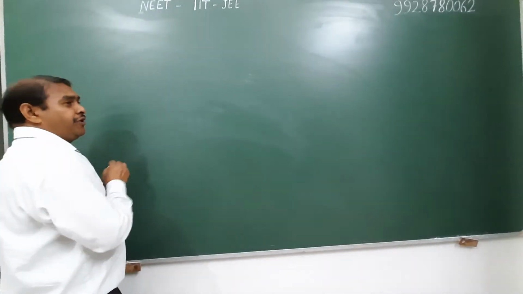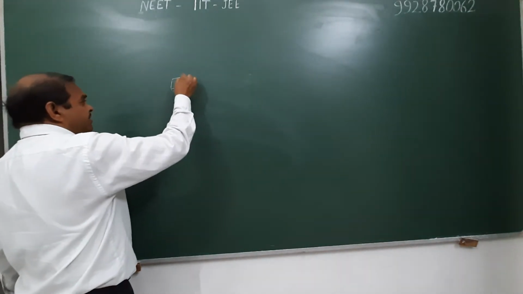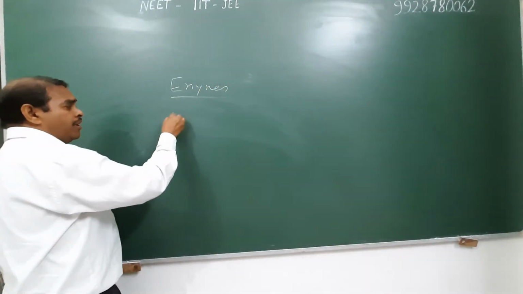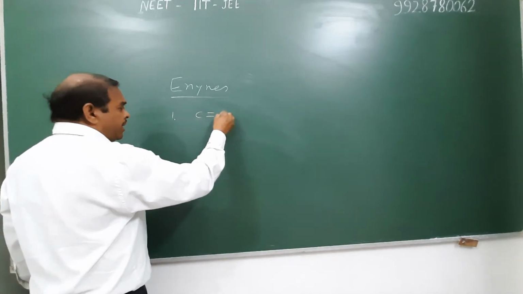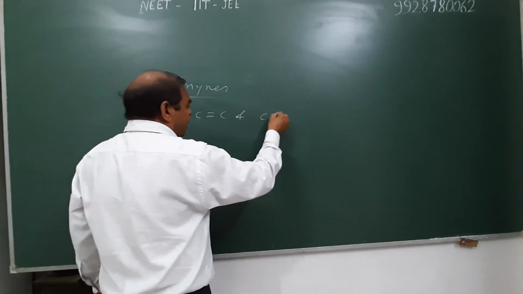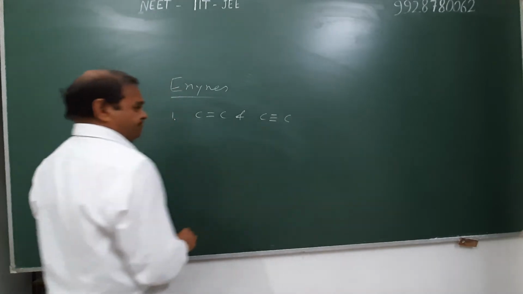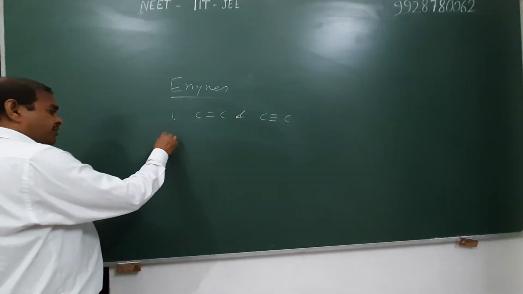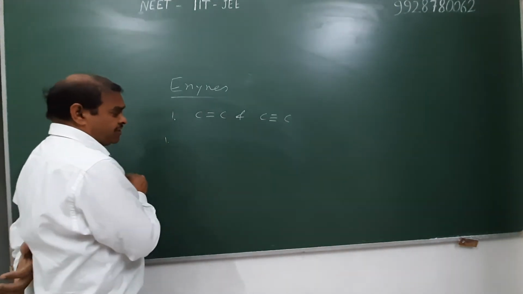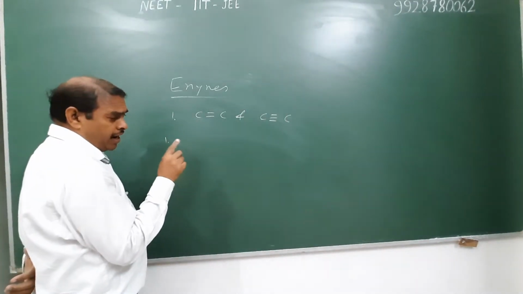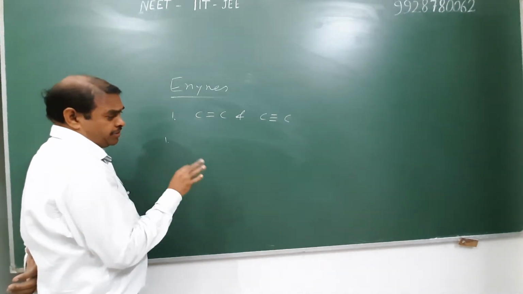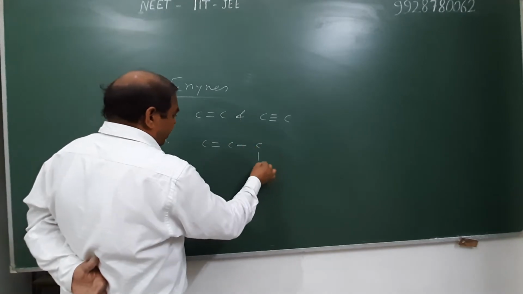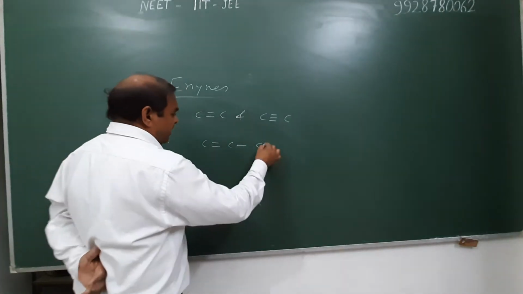First of all, we introduce enynes. Enynes are those hydrocarbons which contain a carbon-carbon double bond as well as a carbon-carbon triple bond in their structure. We use the following rules for their naming. First of all, we select the longest chain in which the carbon-carbon double bond and carbon-carbon triple bond must be present. Both must be present in the parent chain.